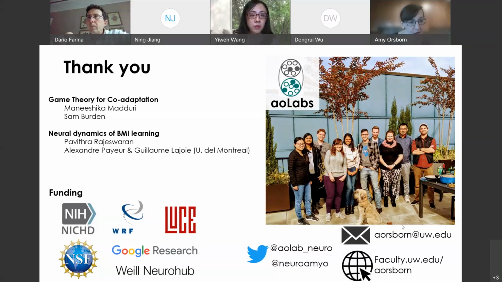So it's a really interesting direction, because one of the reasons that optimizing co-adaptation is so difficult is that we have so many unknowns in the system, right? We don't know the brain's cost function, but the hope is that with some experimental data we can at least make some inferences about the general shape of it. But I think that's part of where pairing this with basic neurophysiological studies to dig into what the brain's learning mechanisms are will be really important. Thank you very much for your presentation.